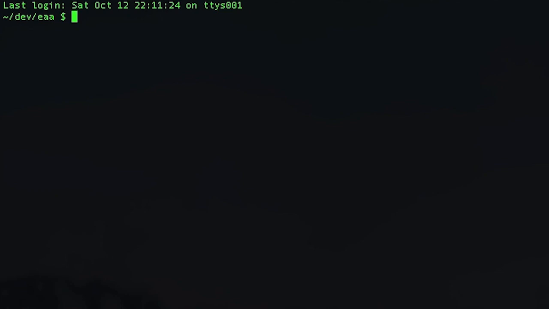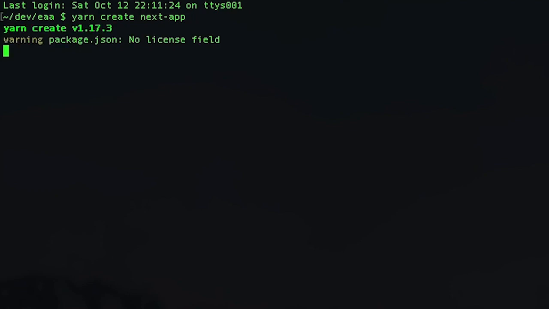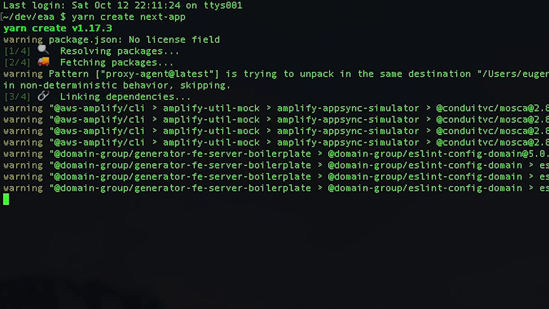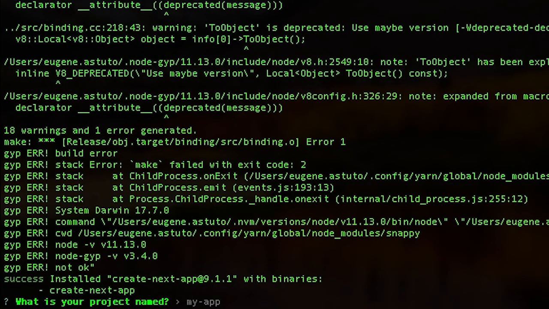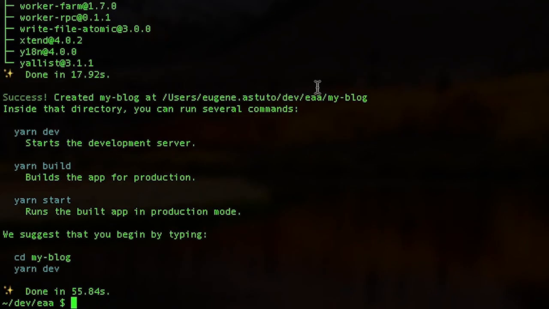We'll do that by running the create next app directive, yarn create next app, and let it do its thing. Might take about a minute or so. Okay, you'll get to this point, and it's going to prompt you to name your project. I'm going to call it my blog. So this is going to create a directory with a bunch of files in it. If we go into that, cd my blog,